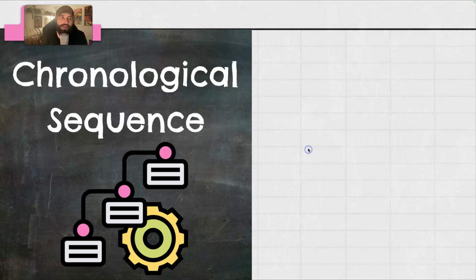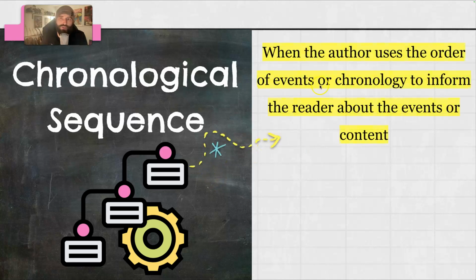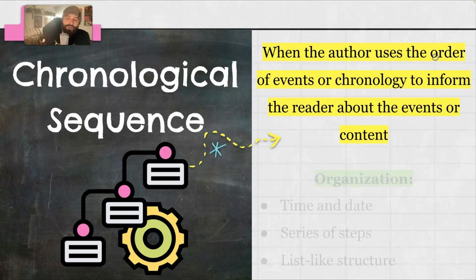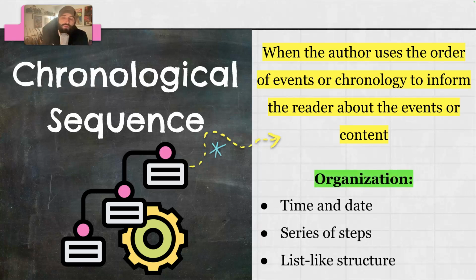Moving on to our second, we have chronological sequence. This is a description, but in a broader sense. So when the author uses the order of events or chronology to inform the reader about the events or content. Now, notice there's no purpose here. The author will do this